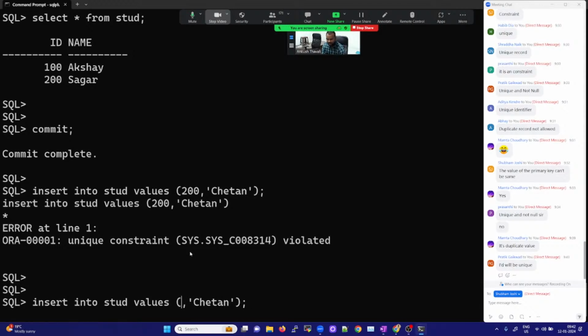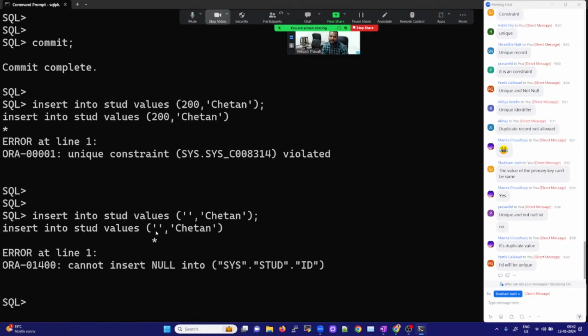See, if I'm not inserting any value at all, I will get an error message. When I try to insert blank, I get the message like insert null. Null means kind of blank. If a person is part of any company, he will definitely have an employee ID, so it cannot be null. Whenever I try to insert a null value, it's not allowing me. See, if I try to insert 300 and keep the name blank,